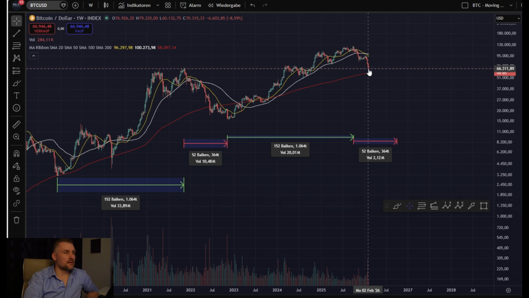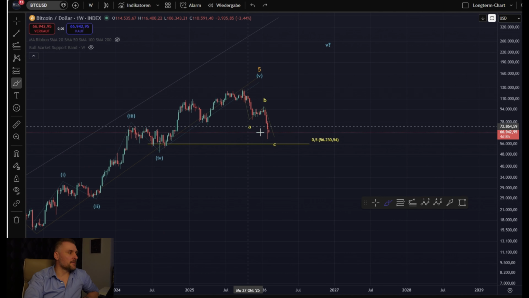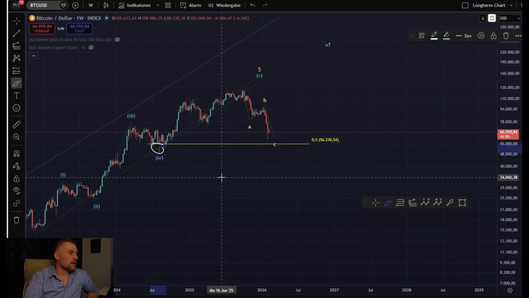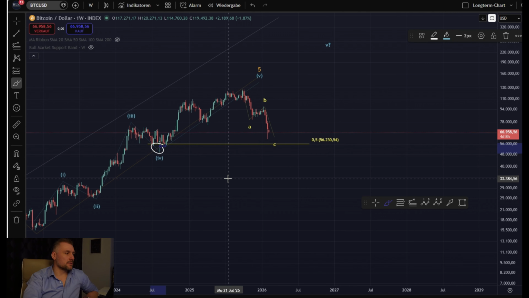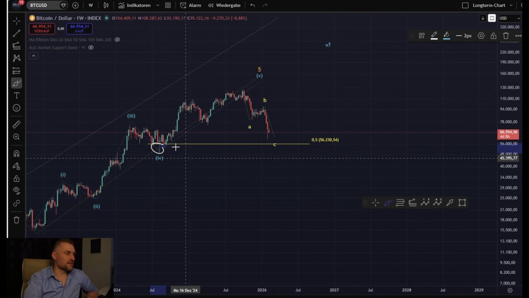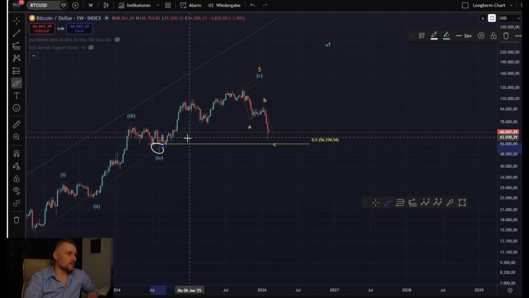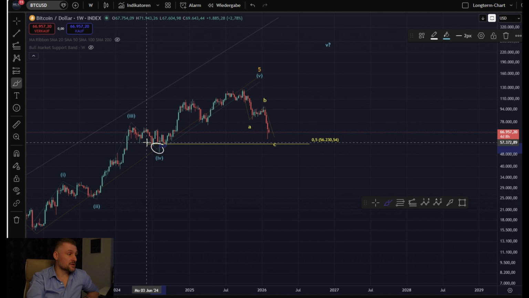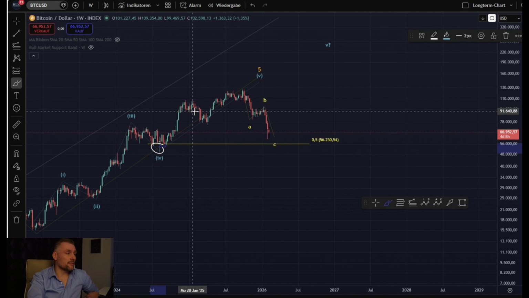And as you can see here, I would really love to see the price breaking below the 200-week moving average. What's also important to say is you see this candle here, the shadows here. Most of the time they will get bought off, so the price is coming back to these levels. Most of the times the price is coming back to these shadows and will buy them off.